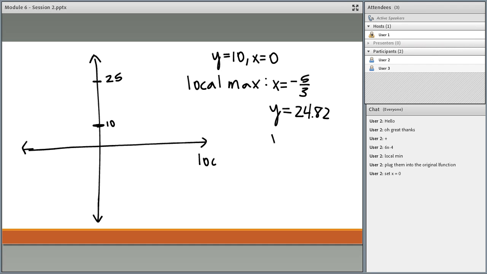I also know there's a local minimum at x equals 3 and y equals negative 26. So just trying to make this as close as I can. So that would be about negative 26. And then x equals 3. Again, just trying to roughly label. And negative 5 over 3 is about negative 1.67, rounded. So just to give me an estimate,